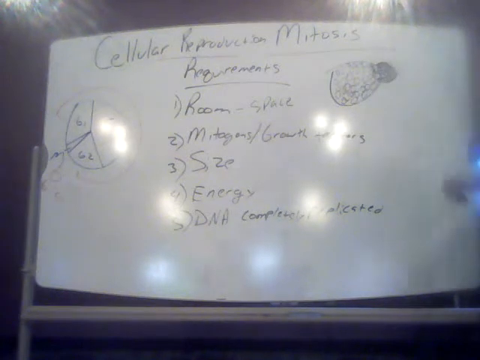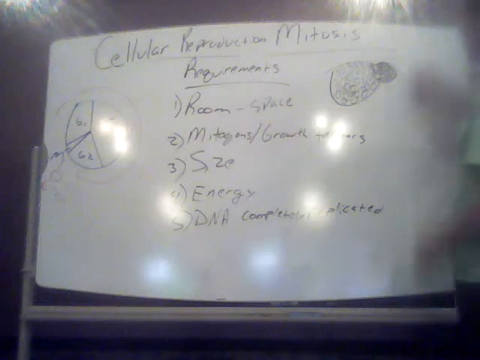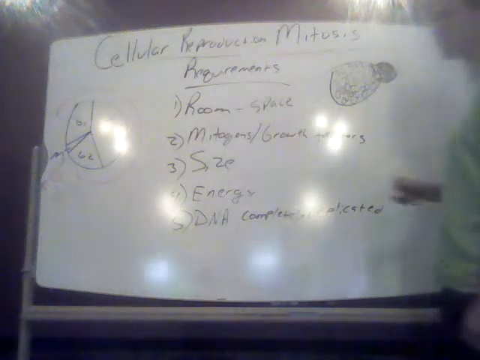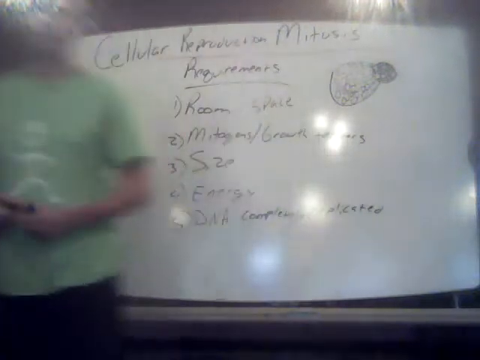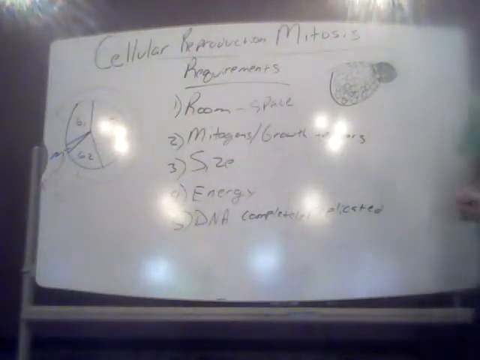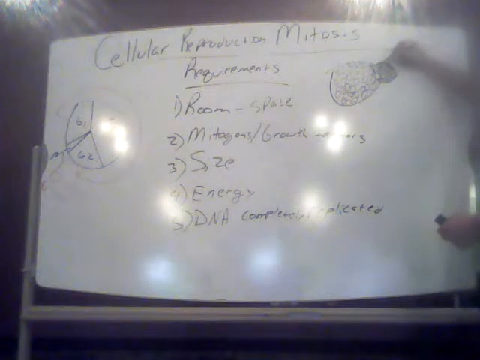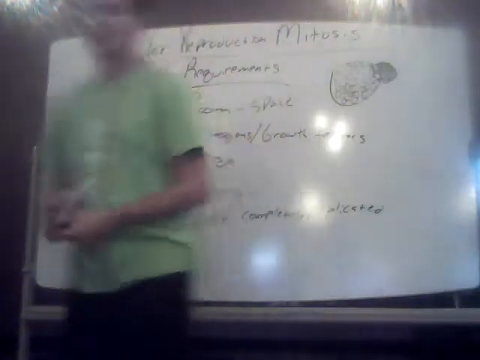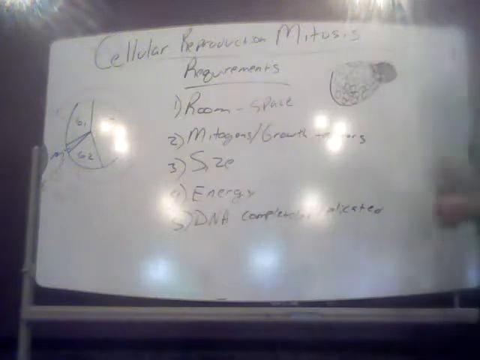All right, and the reason why we consider this benign is because, one, like I said, benign masses are typically slow growing, but another reason is this growth stays within the borders of the tissue itself. All right, benign masses are non-invasive, and they don't actually grow out of the borders of the tissue and directly invade other tissues, surrounding tissues, I should say. The danger with these, though, is that the reason why cells need to respect borders is because there's only so much room within the human body. All right, and if our tissues start to expand beyond their normal borders, beyond their normal size, then that's going to apply pressure to the adjacent and surrounding tissues.